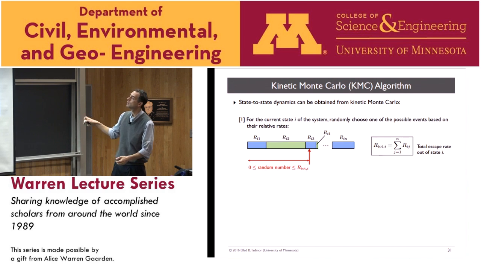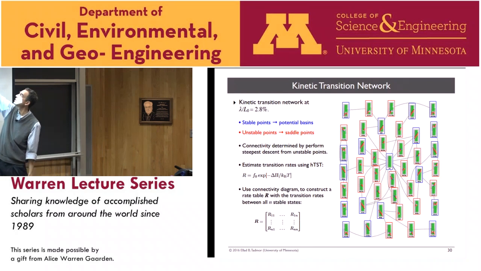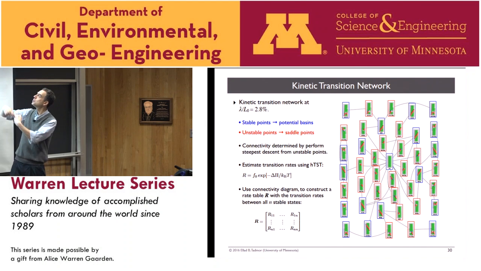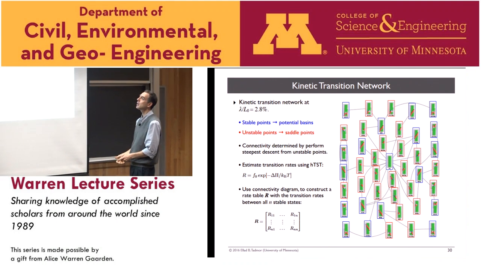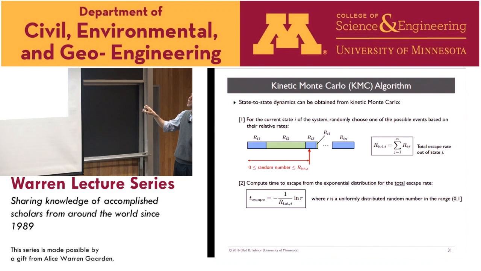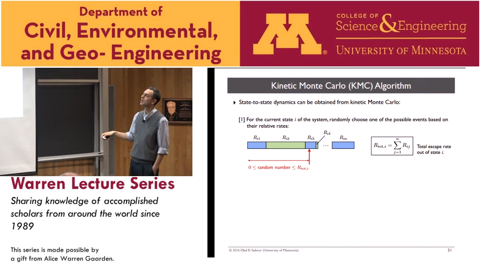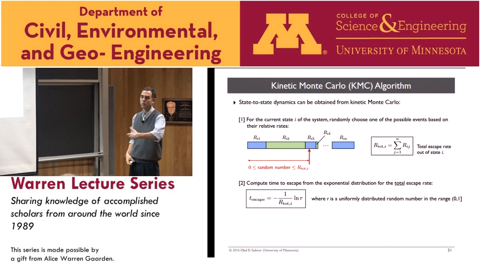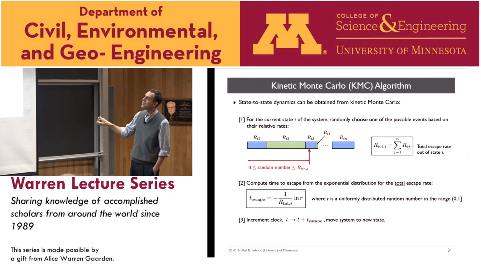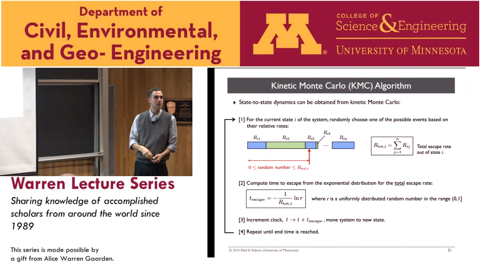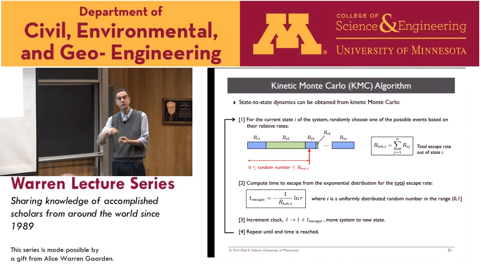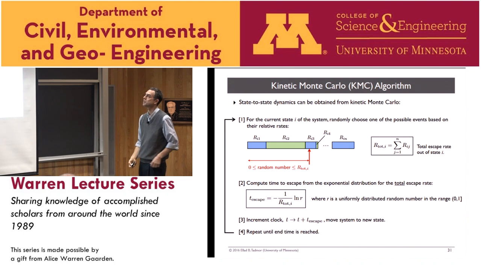So what you do is you go back to this picture. You start from some state, let's say this one, and then you have to choose where you're going to jump to. Kinetic Monte Carlo is a method to do that. Basically, you identify all the possible behaviors of the system, you choose a random number to choose one of them, and you then increment your time based on what you would have expected to wait for that event to occur. Then you go back and just keep doing this again and again. So this is a method for reaching longer time scales, because instead of just vibrating there, waiting for something to hop, I'm cutting to the chase and just modeling the hops themselves. This lets you reach much longer time scales than regular molecular dynamics.